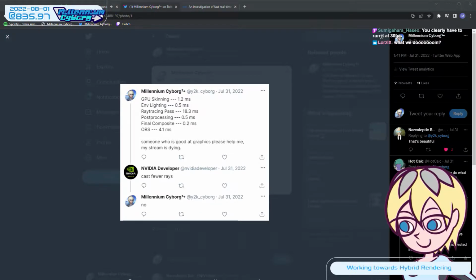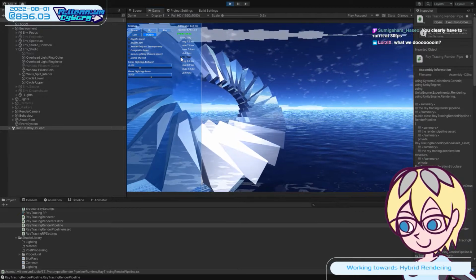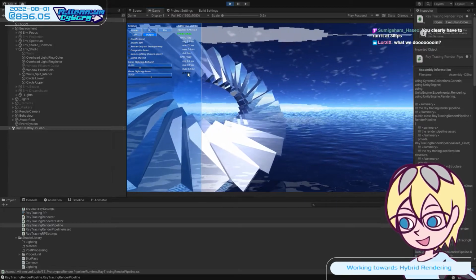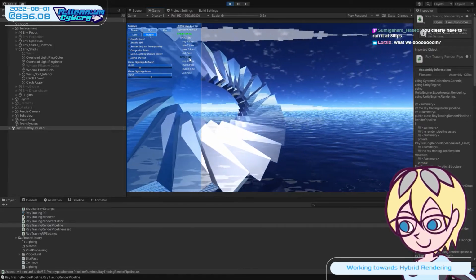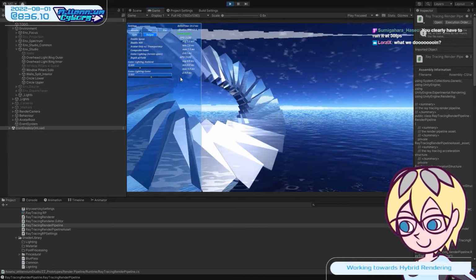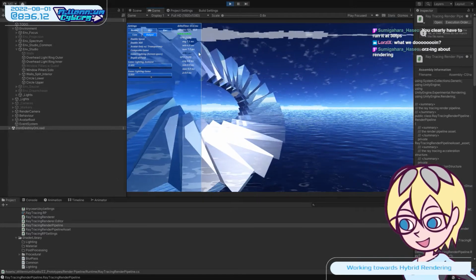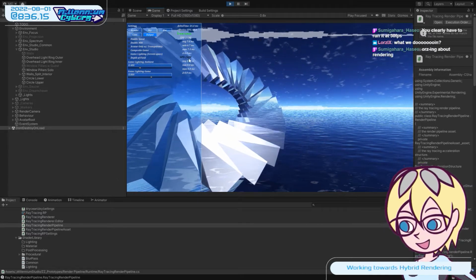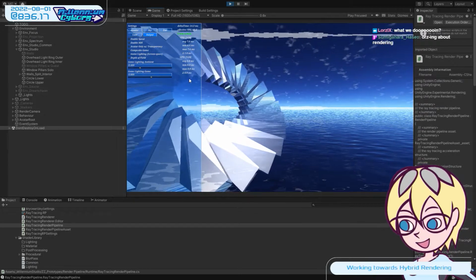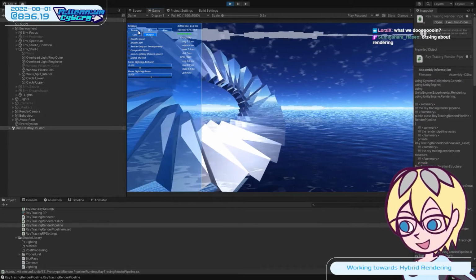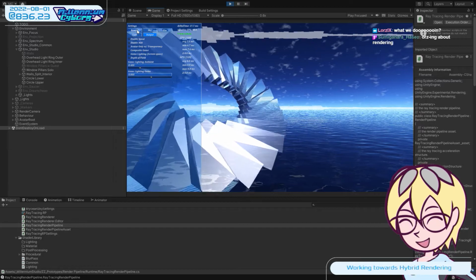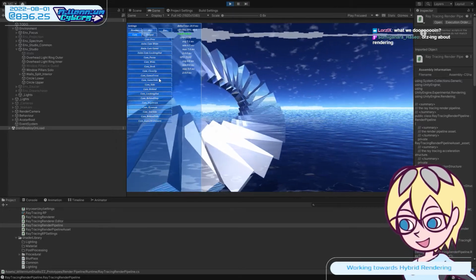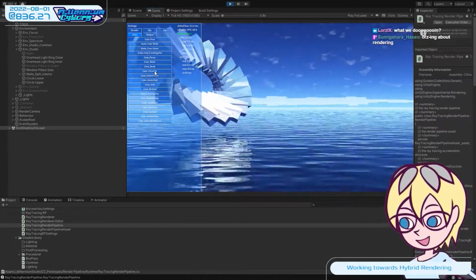So I've got some timers here in Unity that only actually work if I'm running the application outside of the editor. But I can get at least the overall GPU time spent per frame, and then I can toggle various features and see how long that really takes. So, for instance,